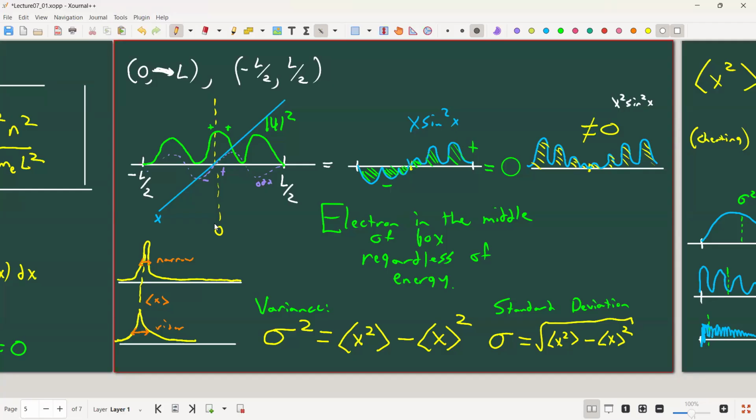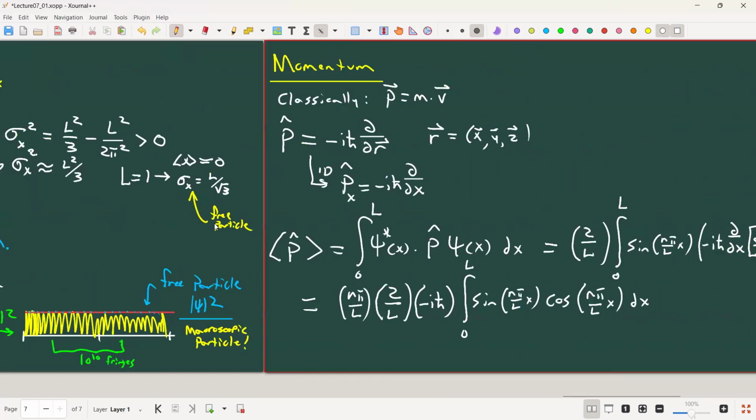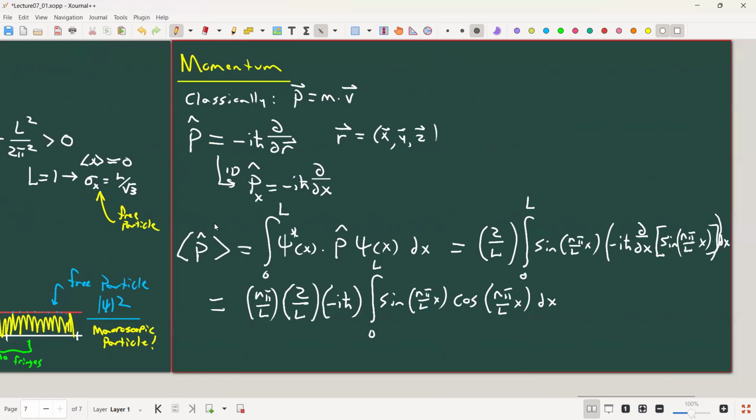Right? So that's what happens with even and odd functions. And we have an even and an odd function here. Sine is odd, cosine is even about x. Right? I'll just, to convince you of that,